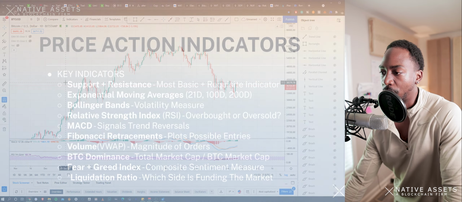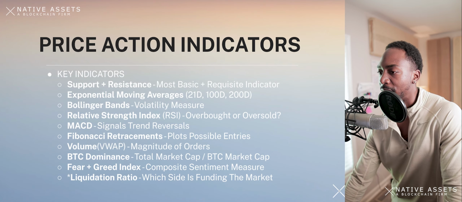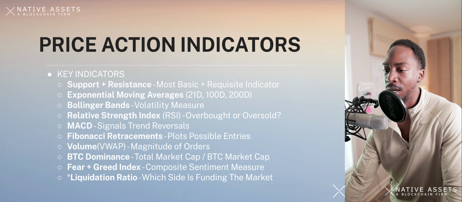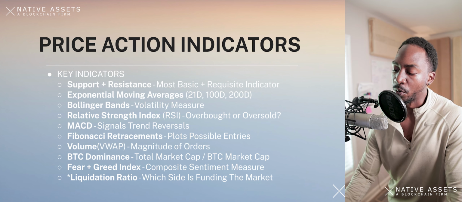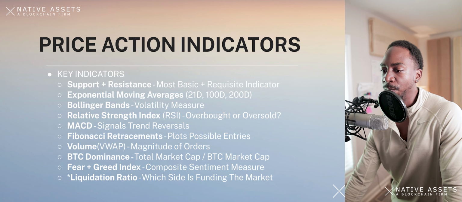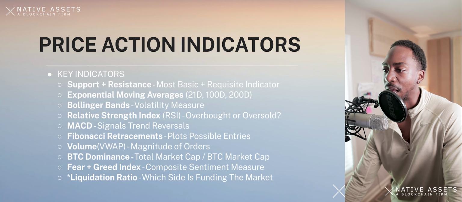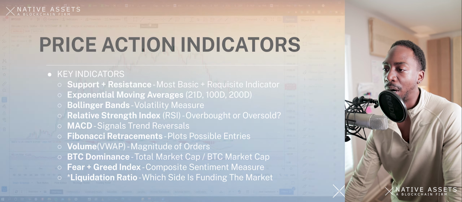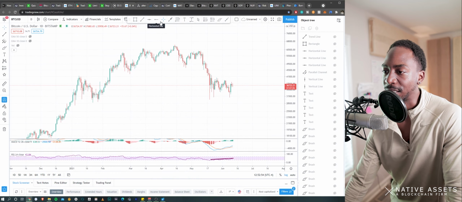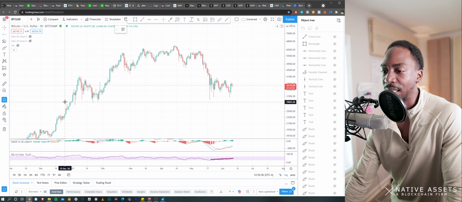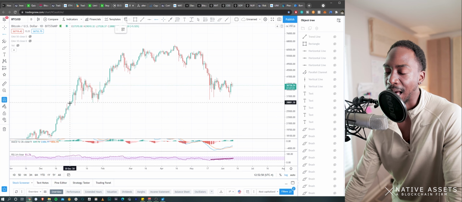The first thing that you're really going to want to do when you're establishing TA is you want to look for your most important levels. So when we say support and resistance, this is basically where price finds support and then where it has a hard time getting above. So, for instance, let's go ahead and say that right here, we find that we keep